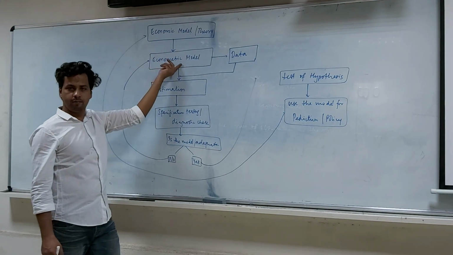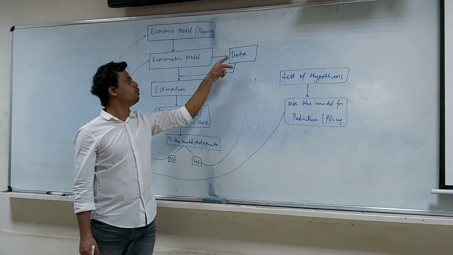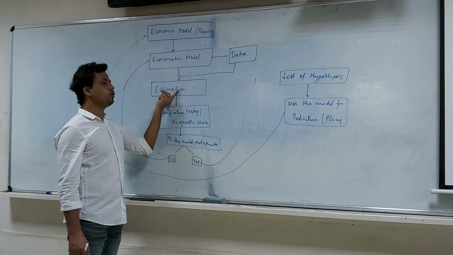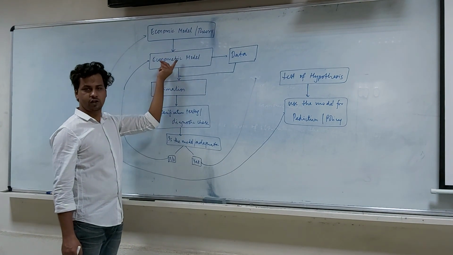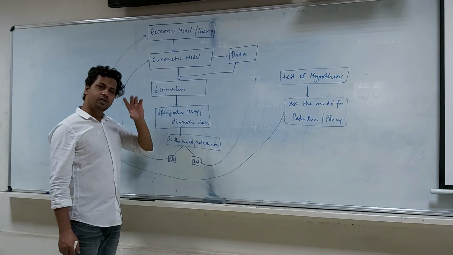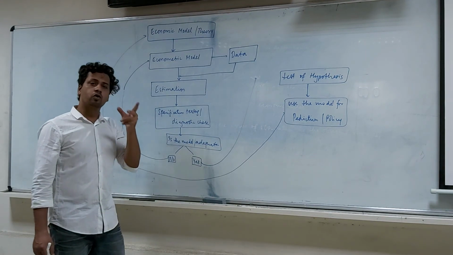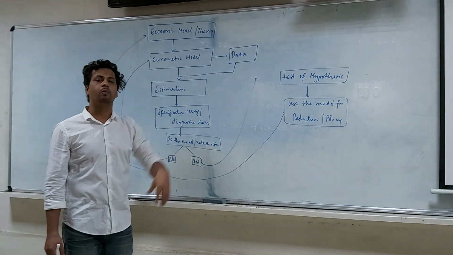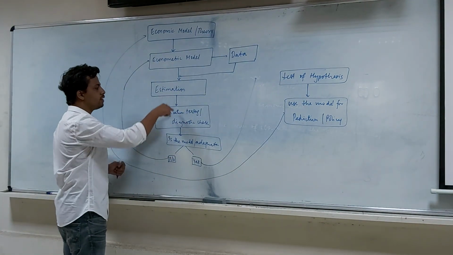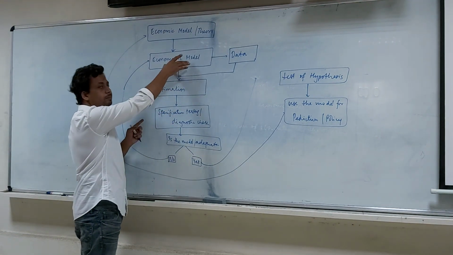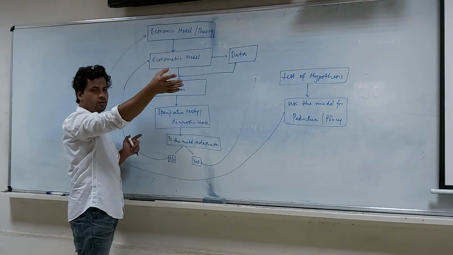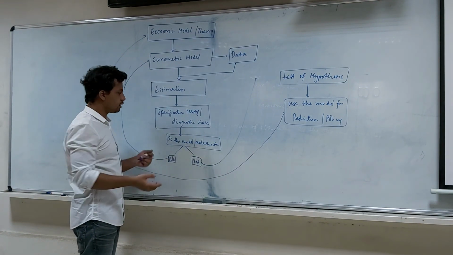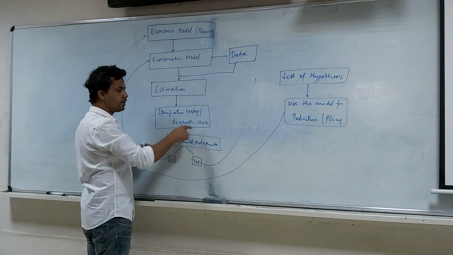After you define the econometric model, then you go for the data collection. After the data collection process, you estimate the model that you have assumed. Estimation in the sense that, since you don't know the true population parameters, you use the process of estimation to estimate those unknown population parameters. After you estimate, you again check whether the assumptions of the model are correct or not, whether they specify the phenomena that we think to conduct. So that's where specification testing and diagnostic check will come.